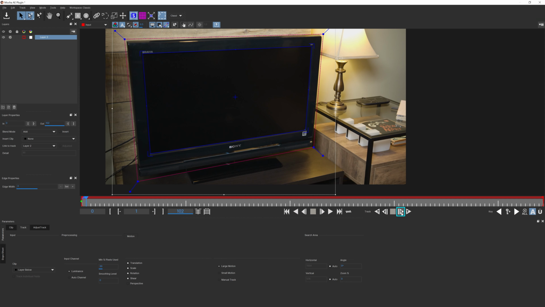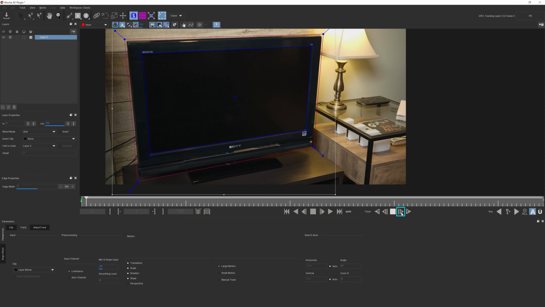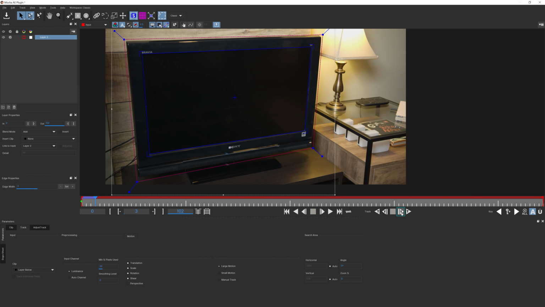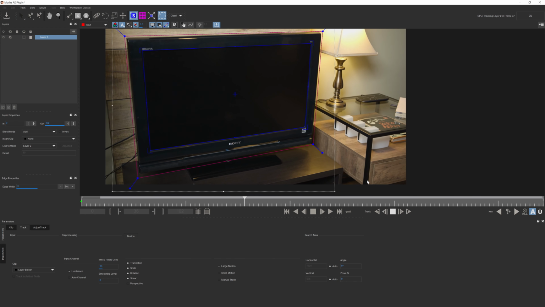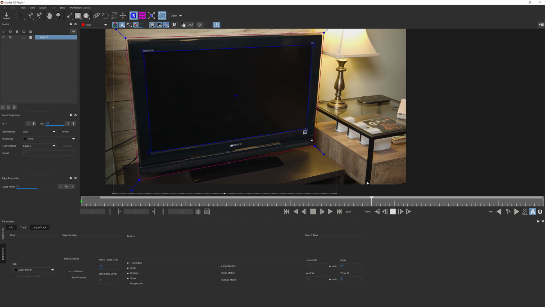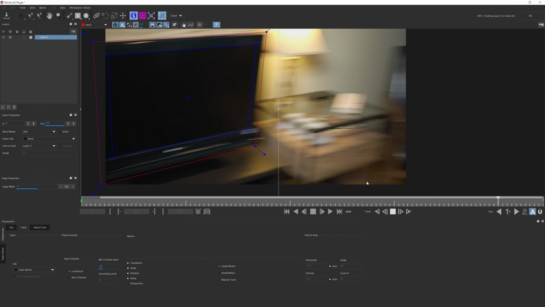Next, come over to the right here and hit the Track 1 Frame Forward button. Make sure the track is following the footage as we expect it to. If everything looks good, hit the Track Forward button to track the rest of the shot. Hit the spacebar or the Stop Tracking button once the surface moves off the screen and check out the results